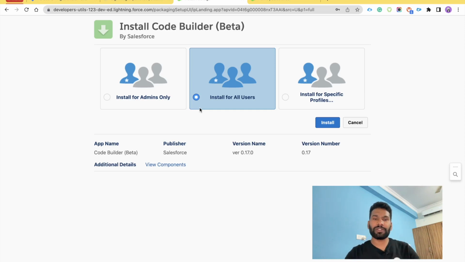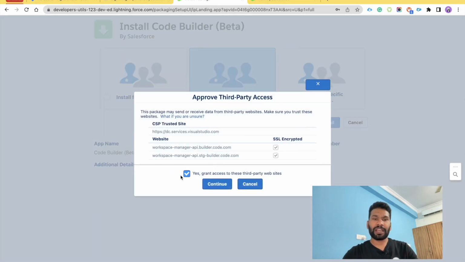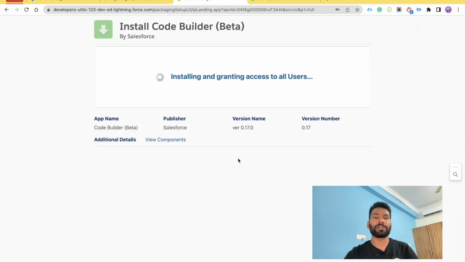By default, all the users will be selected, so we don't need to make any changes. We just need to click on install and make sure that we are giving the approval for all the third-party web services that Salesforce has included in the managed package, and then click on continue. Once you click on continue, the installation process will start behind the scenes,